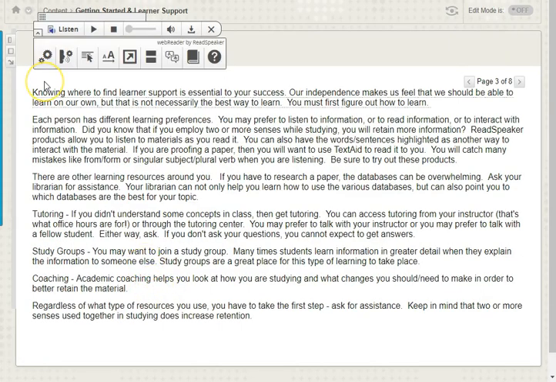And there are even more features. Give it a try,